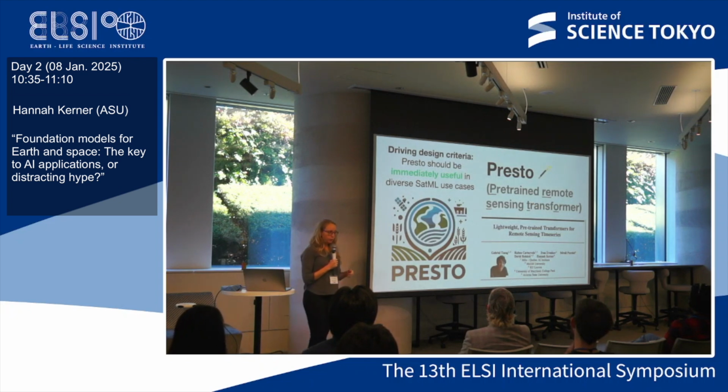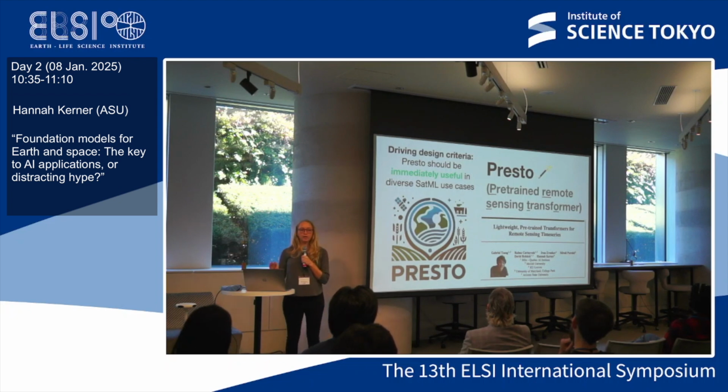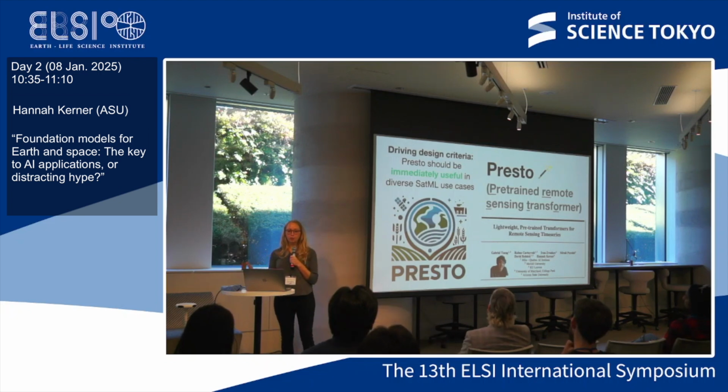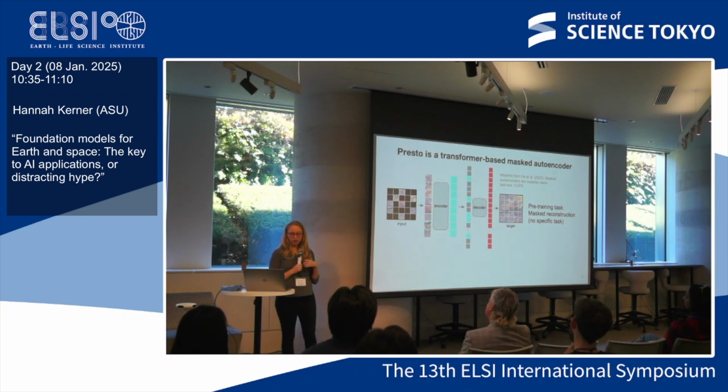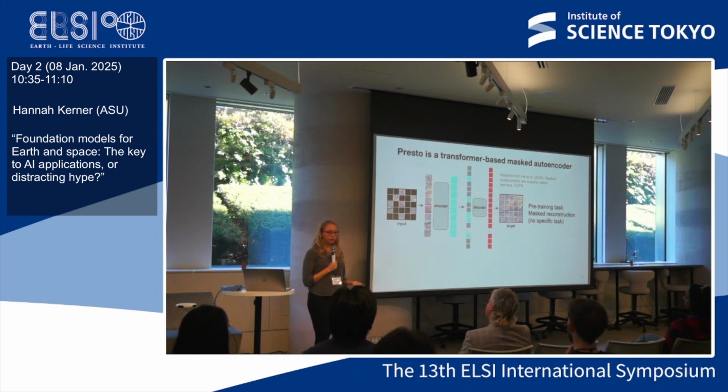So in my group, when we set out to create a foundation model for Earth observation, we had this driving criteria that we wanted to capture the important aspects of remote sensing data, but in particular, we wanted to create something that was actually usable right now, that people who are using Earth observation data to map different properties or phenomena across Earth could use immediately. And so the model that we developed is called Presto, the pre-trained remote sensing transformer. And it is a masked autoencoder. So its pretext task is masked reconstruction, which I described earlier.